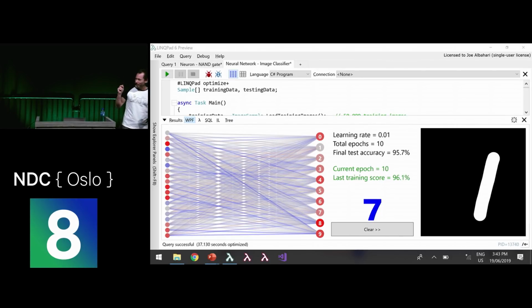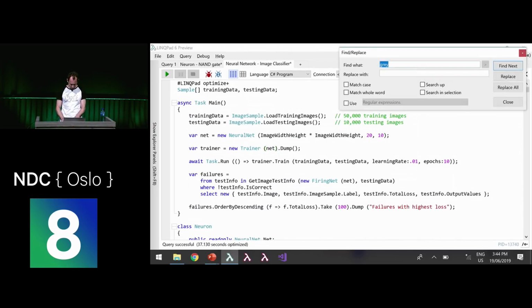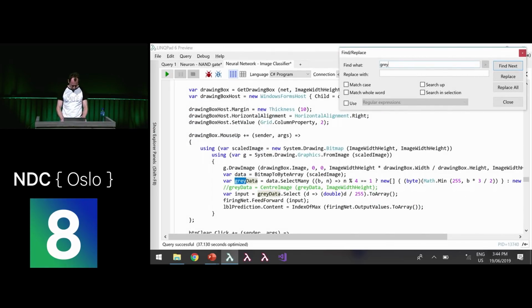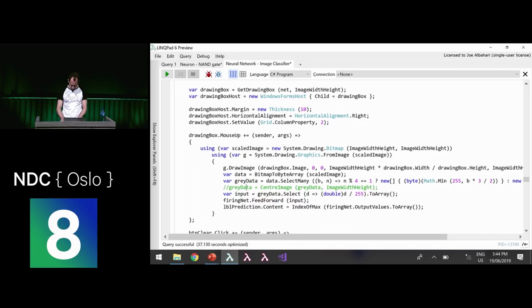There are 2 ways we can solve this. One of them is what's called data augmentation. We take all those samples and we shift them and rotate them, up and down, left and right, to teach it how to deal with that. There's another way, which is easier in this case: we can simply center the sample before feeding it into the neural network, which is what I've done here. I've already done it. I just need to uncomment the code. So I'm going to take this off and run it again.